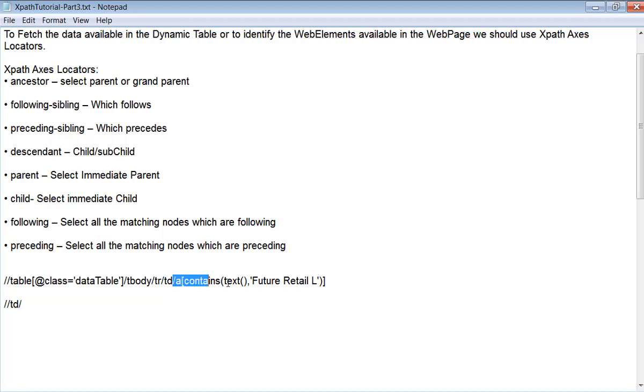So I can start from table data as well to make it a simpler relative XPath. Yes, this is also I can do. Or else you can even do this as well: /A contains text is equal text, comma, future retail L. But this is not good because it might be possible this anchor tag text might be available not in the table. It might be available anywhere in the page. So that might be a problem. That's the reason we take table, say table data, and table data contains A contains future tag. This is useful for you to identify the particular row.